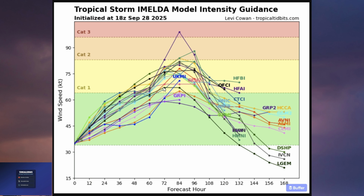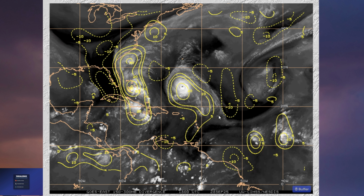All right, so what's driving the rainfall? I want to show you this real quick. You see, this is an upper level divergence. Okay, and you can see in the yellows here, I have a little trouble talking this evening. Sorry. The yellows here,